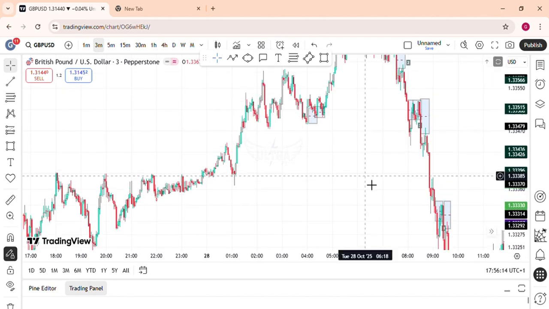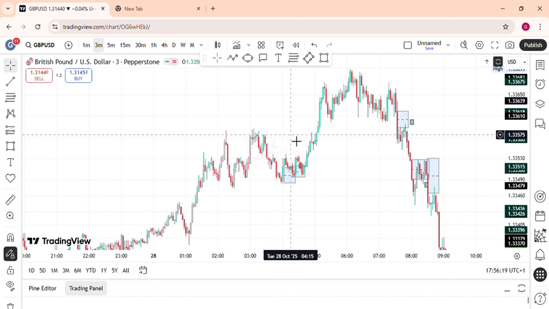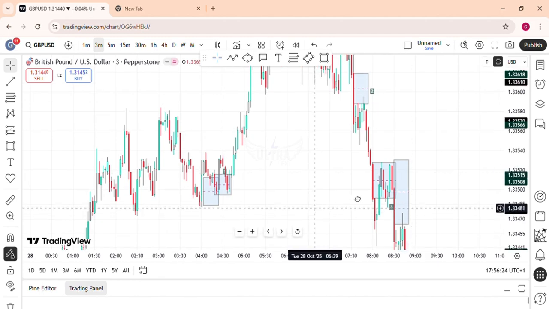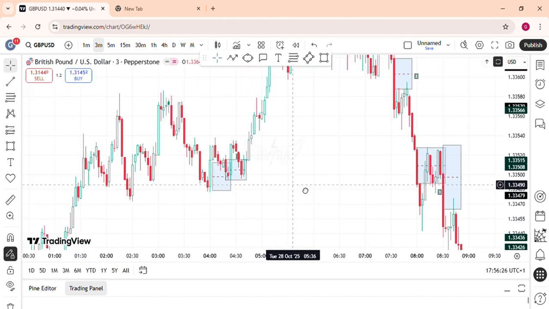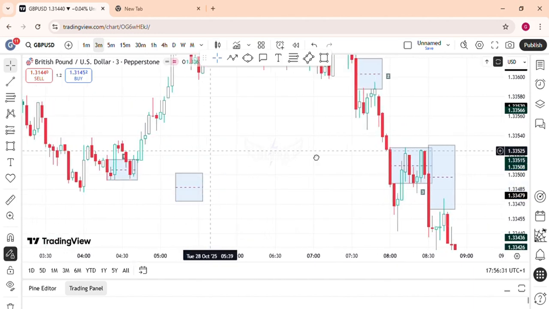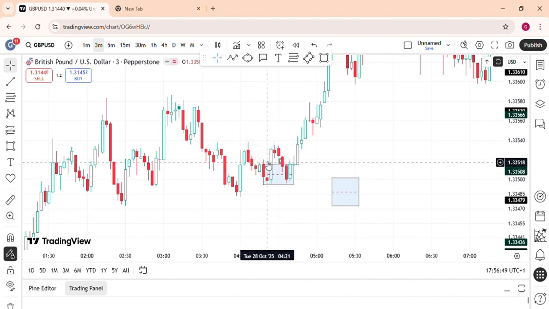So, on Tuesday, there was a fair value gap and there was a break of structure here. As you can see, this was the first trade on Tuesday. So there was this fair value gap, which has been highlighted here. You can see it bounced from this fair value gap. You can see how price taps into this fair value gap, this area, and gives you a break of structure here. You can see it like so.